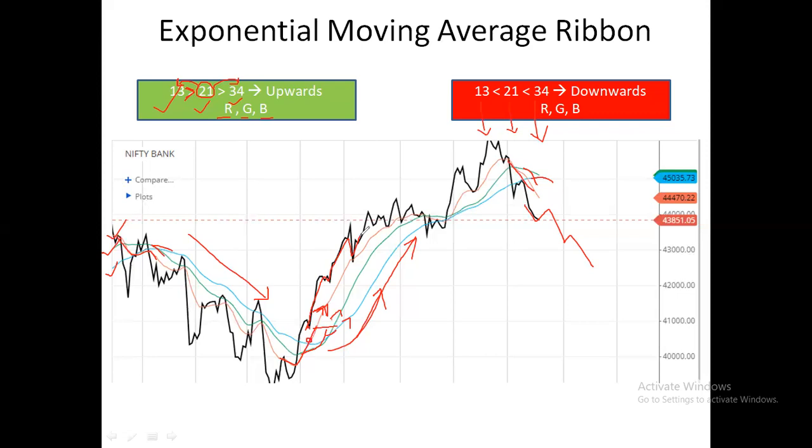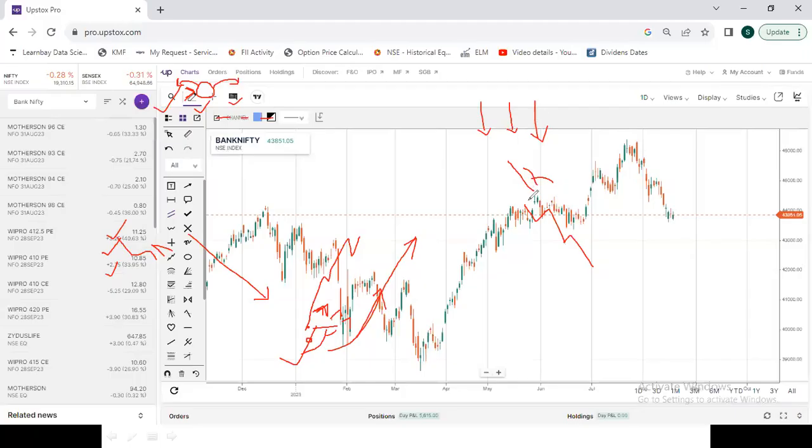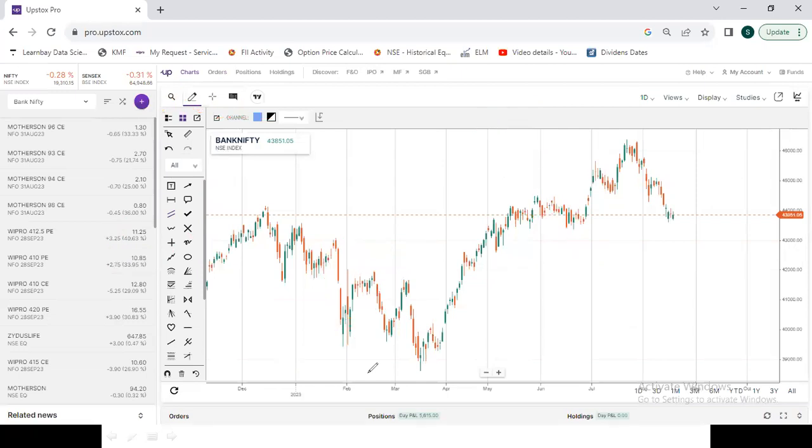You can do this. I will show you the setup. Just go to any trading software. I'll go to Upstox here. I'll just clear my drawing before that. Okay, this is my Upstox. What I will do,